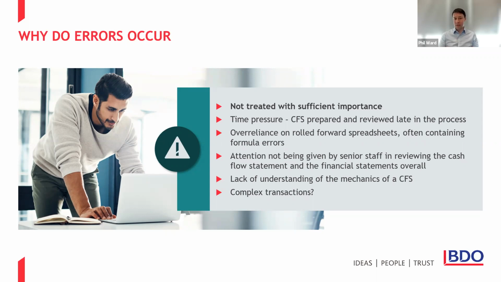If you stand back from a cash flow statement, it isn't something that needs to be left to the last minute. Once you've prepared your supporting schedules for each of your financial statement areas, at that point, the cash flows aren't going to change. You can produce a first draft of your cash flow statement. The only things that are going to change from there are really the pots that the different categories sit in within your operating activities reconciliation. And provided you've got a good record of what adjustments have taken place from your first version to that version, that's a very simple job from a cash flow perspective. So the majority of the items in your cash flow statement won't change after the year-end date.